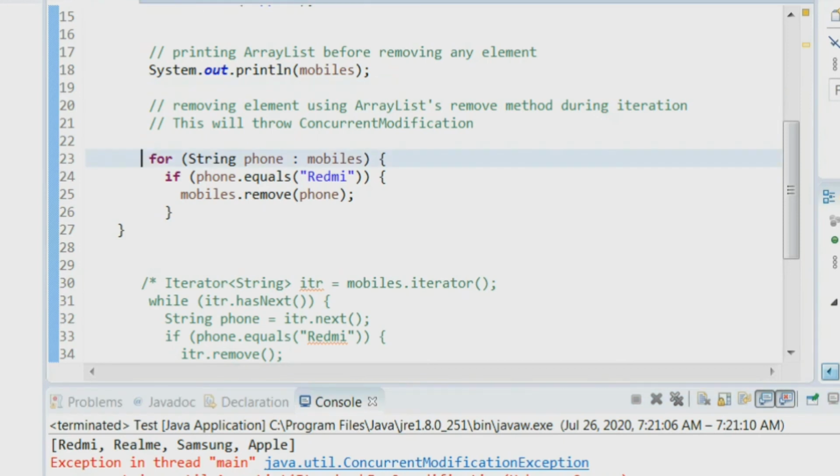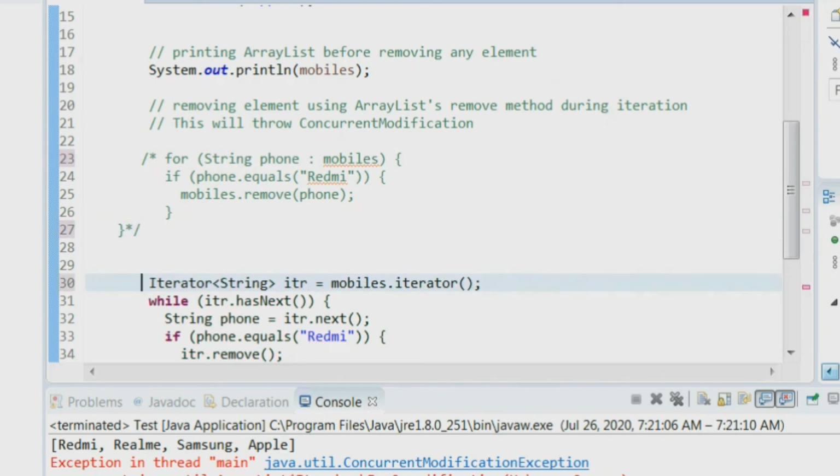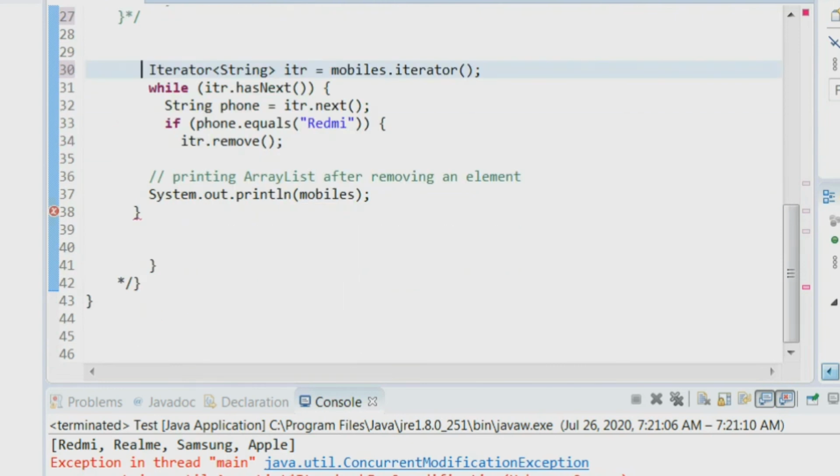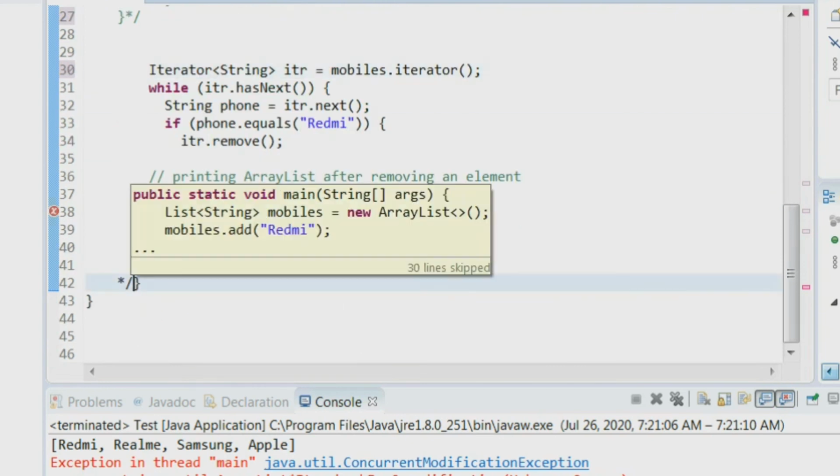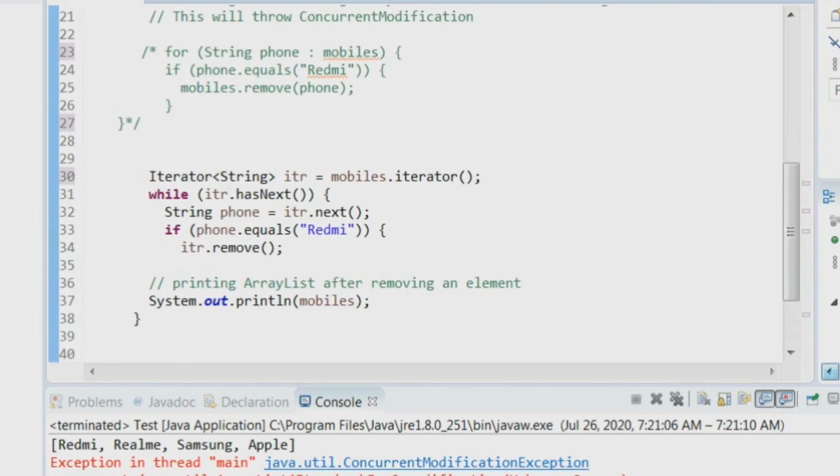So I am just commenting out this part, and here I have already written the code. By using the iterator remove method, we can fix the concurrent modification exception.